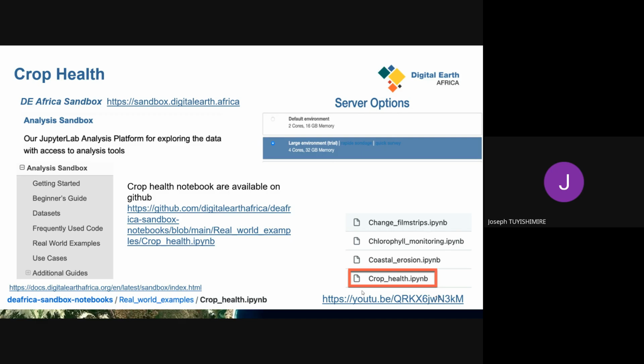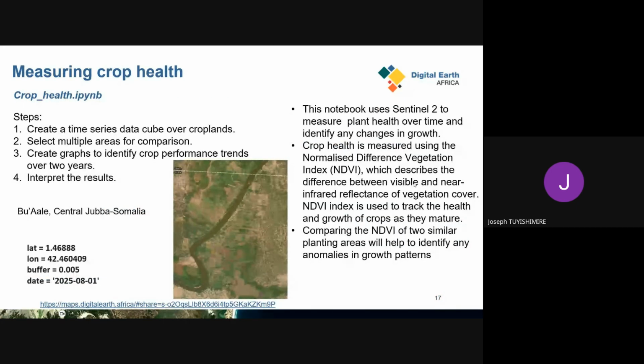And from this notebook, which is also equally available on our GitHub repository, we can locate a study area. This was the Bure area, and the location there, for the date of August 2025.